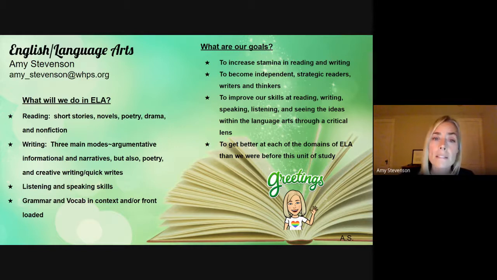We will write a lot with the 3 main modes of writing, where we take those pieces through the writing process: an argument piece, an informational piece, and a personal narrative. But they'll also write a little bit of poetry. They'll be able to engage in a little bit of creative writing throughout the year, and some quick writes off and on.